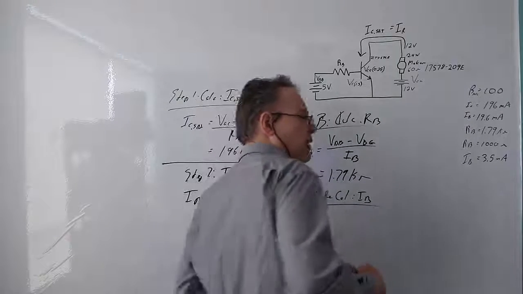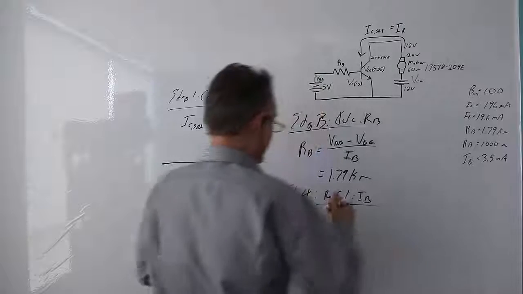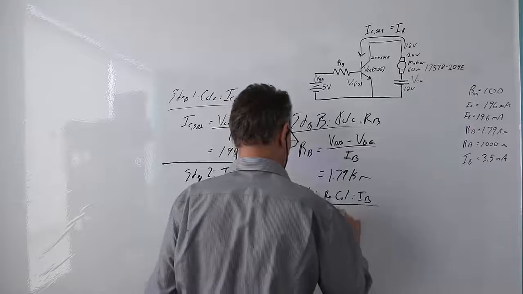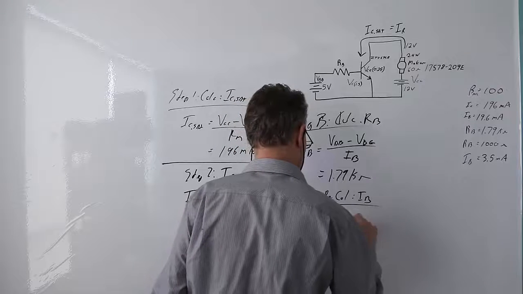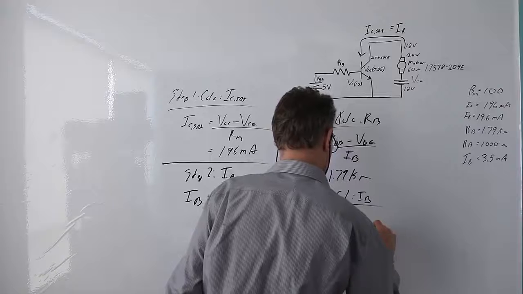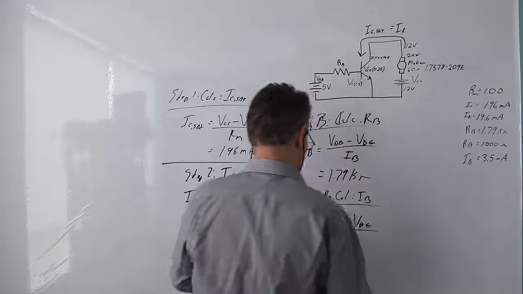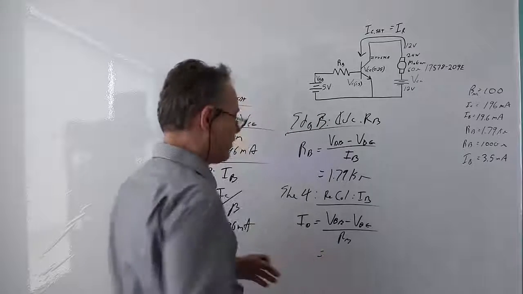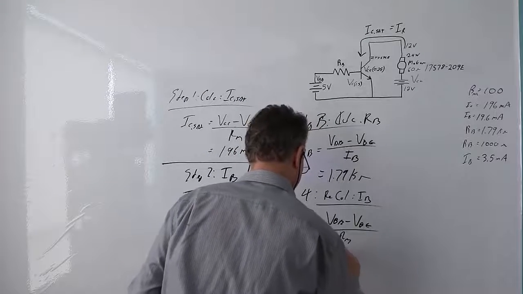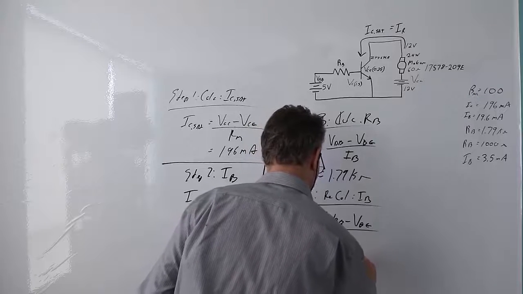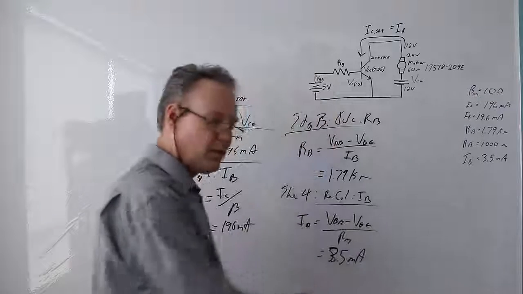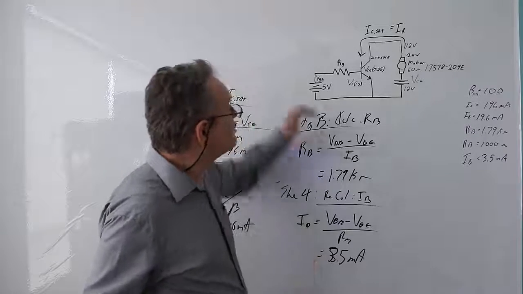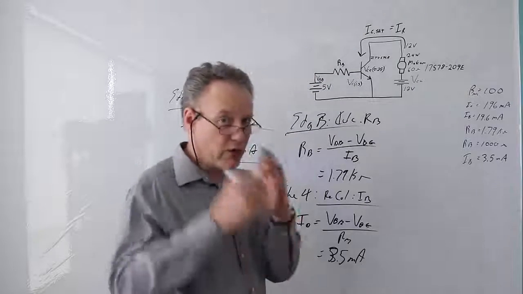I'm going to take this motor out of my pocket and stick it in my leg. Okay, here we go. So in that case, I know my IB is going to be my VBB minus my VBE, that's a B, divided by the resistance, RB. And when I calculated that, I got 3.5 milliamps. So 3.5 milliamps is what is going to go through here if I choose a 1K resistor,